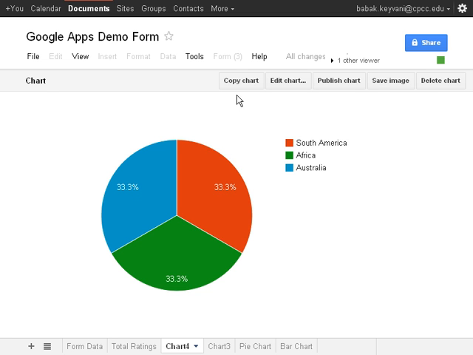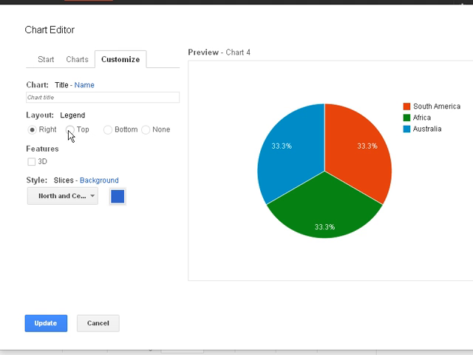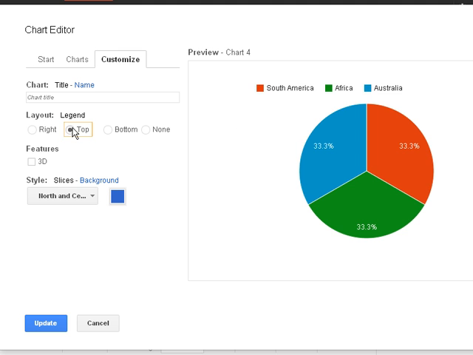like so. At any time, if you want to edit these charts, whether it was a standalone or on its own page, you're gonna have links to edit the chart. If you want to do the formatting, change the places of the legends, things like that, make it a 3D chart, or change the colors, you always have these options available. At this point, we're gonna click cancel,